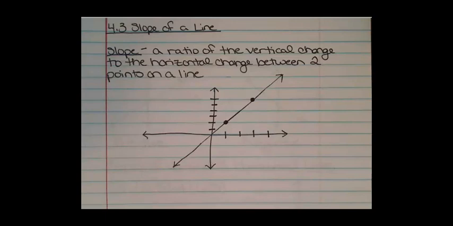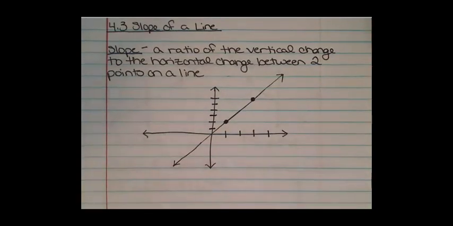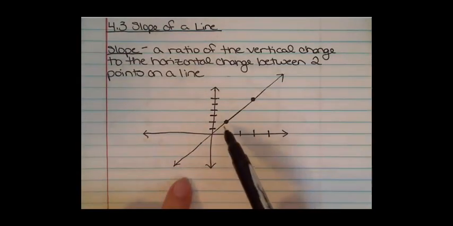Slope: a ratio of the vertical change to the horizontal change between 2 points on a line. That sounds like a lot of hoopla, but if you think about just the slope of a ramp or anything like that, it really is just how much you're rising over how much you're actually going in distance. So if we were just looking at the picture that I put on here, and we're just going between these 2 points,